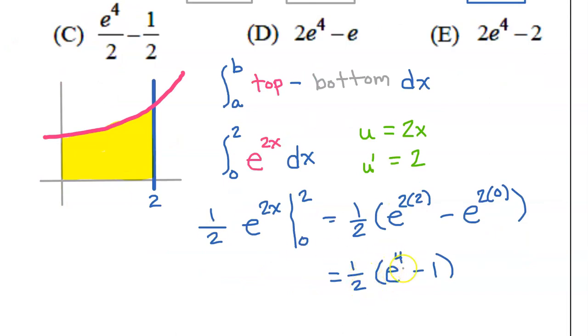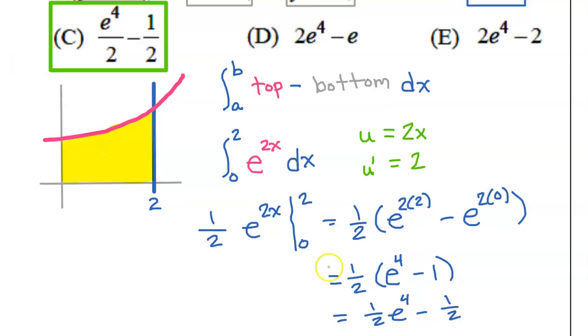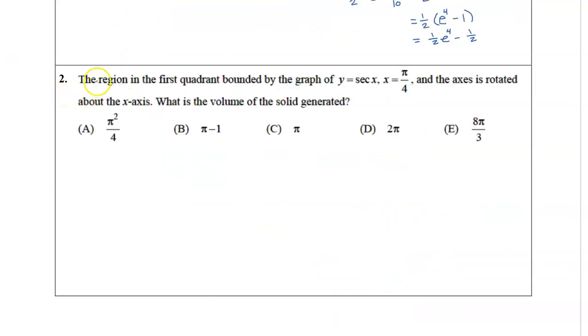But this is 1/2 times e to the 4th power minus 1. E to the 0 power is 1. And if I now distribute the 1/2, that gives me 1/2 e to the 4th power minus 1/2. This matches option C. Number 2, the region in the first quadrant bounded by the graph of y equals secant